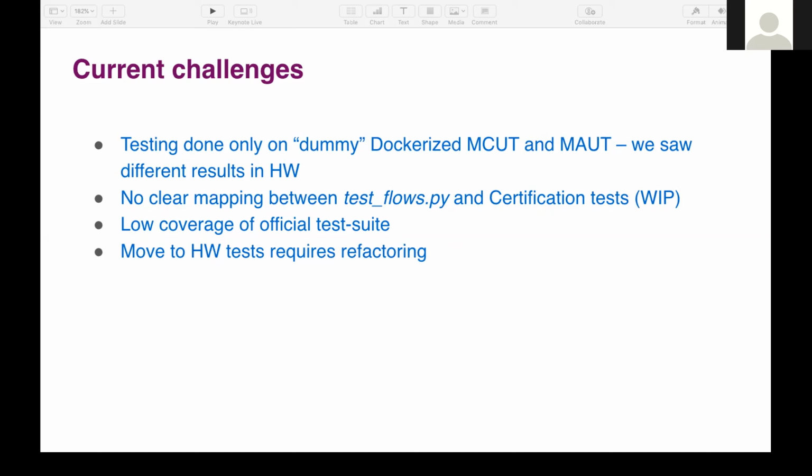In MCUT tests, we don't have Wi-Fi because the controller can run without a local agent. The controller can be controller only. In agent tests, you have to have Wi-Fi, and this is why we have a dummy BWL that is basically implementing all of the APIs